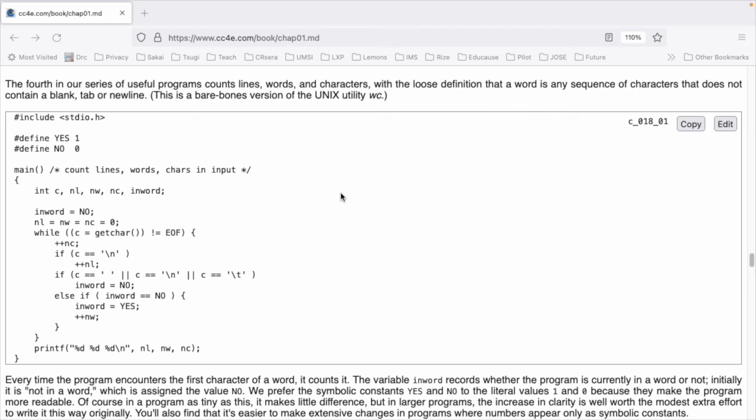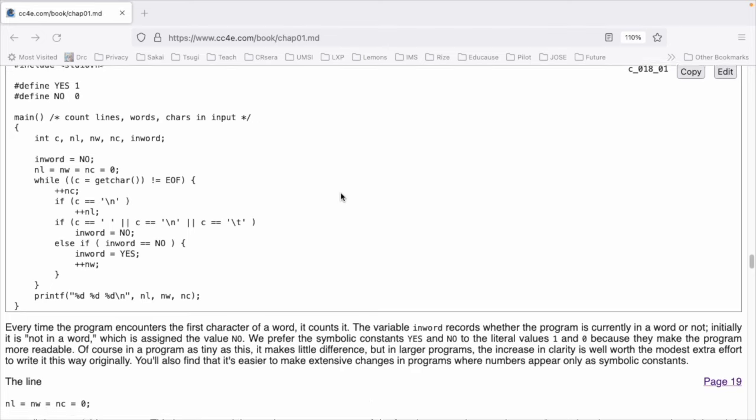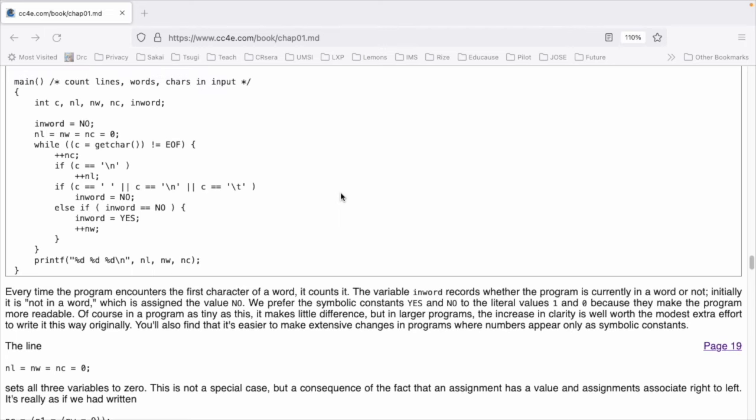#include <stdio.h>. #define YES 1. #define NO 0. main() {. int c, nl, nw, nc, inword;. inword = NO; nl = nw = nc = 0;. while ((c = getchar()) != EOF) { ++nc;